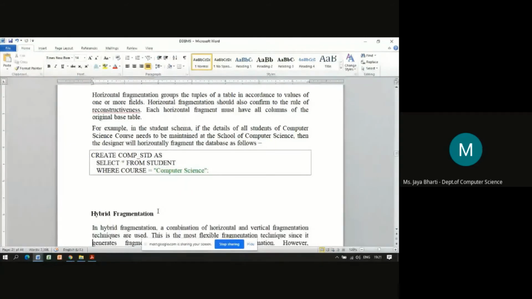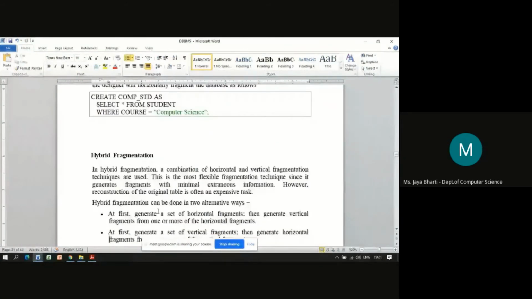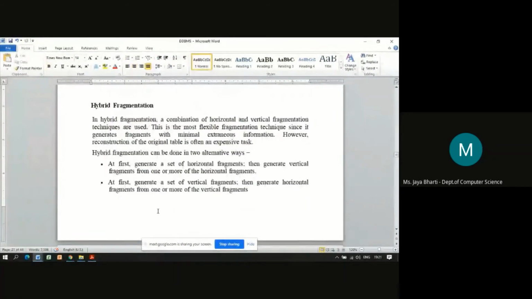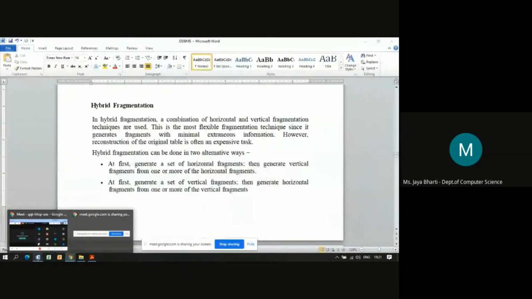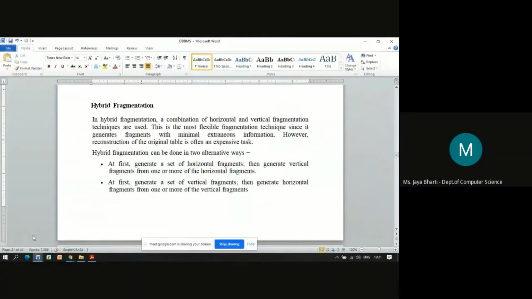The third is the hybrid. Hybrid is basically the combination of horizontal and vertical fragmentation. This is the most flexible fragmentation technique, since it generates the fragments with minimal extraneous information.